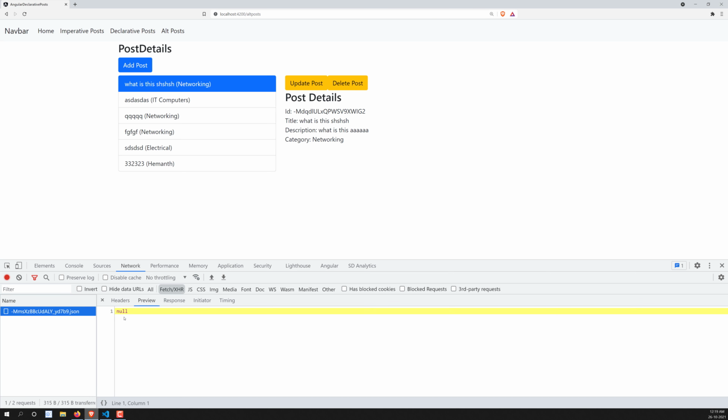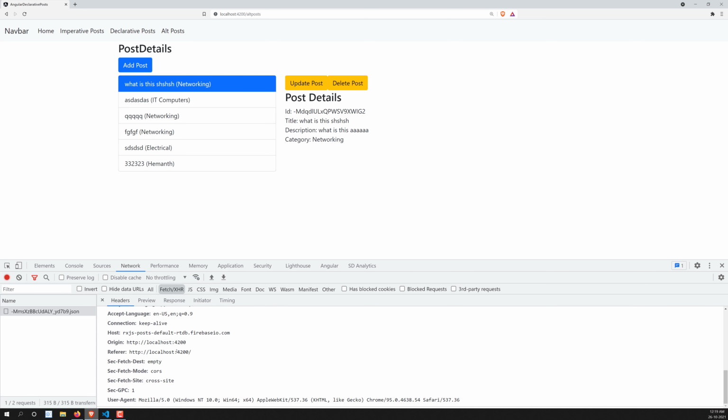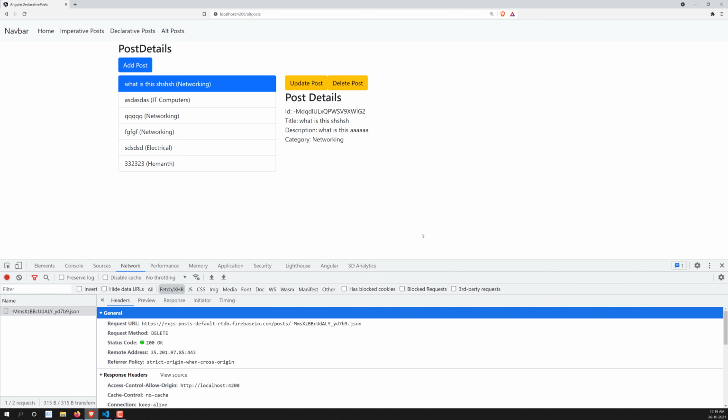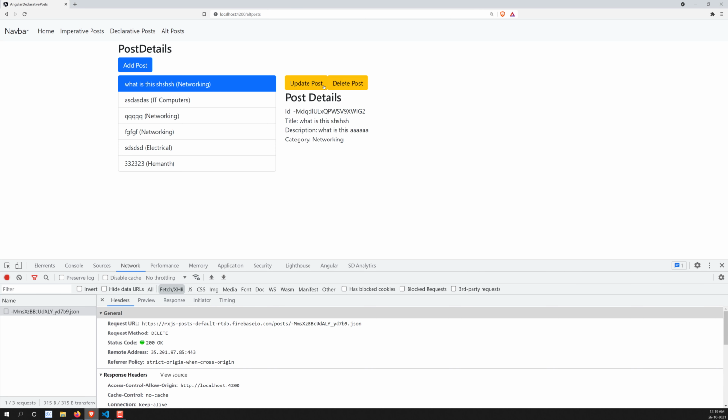It is 200 successful, and we are getting the preview as null, so there is no need for us to take care of that. So that's it. Hopefully we have done everything using declarative reactive programming: add post, update post and also delete post, without any routing. You need to understand that without any routing, everything comes under add post, and if you want to go here, update post, and like this delete post. We have done it on click actions, event-based actions.